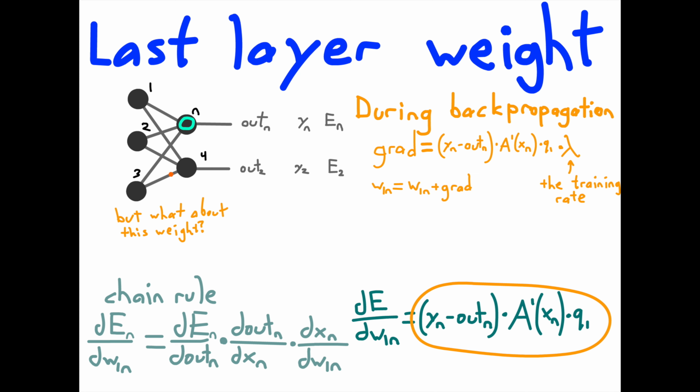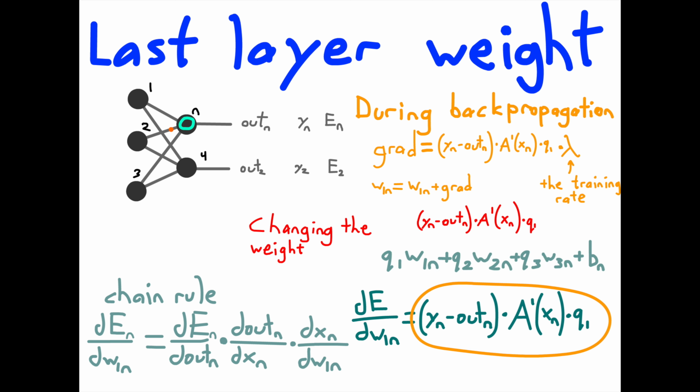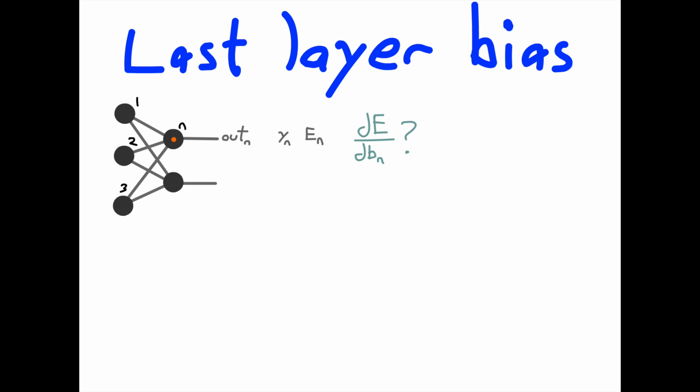And I know this formula is going to be different for every weight and bias, so what was the point? Because this can't be translated into code. But I'd like to point out a pattern. If a different weight on the same node had been chosen, the formula would look the same up to Q1, which instead would be Q2, because it's a different weight which points from a different node. Okay, what about a bias on the final layer?